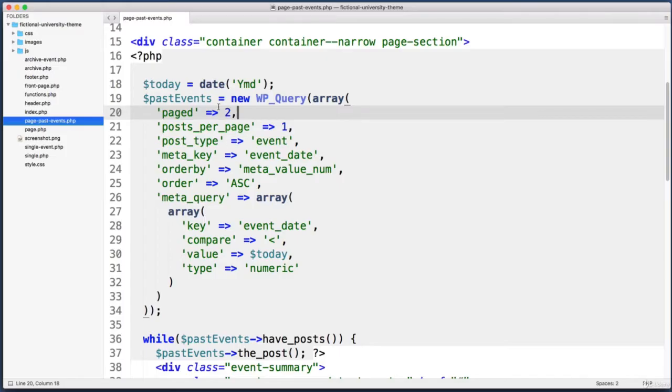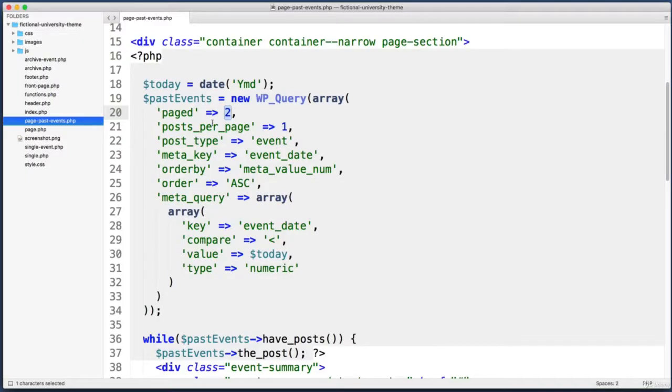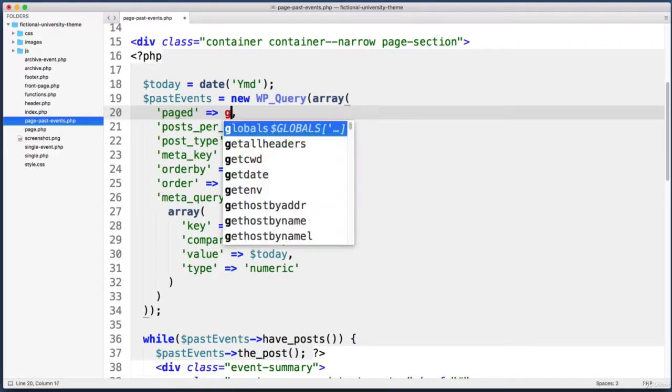So the question becomes, instead of hard coding which page number of results this should be, how do we get the number that is up in the URL bar, right? If we see the number 2 at the end of the URL here, that's the number we want to use in our query. Well, to make things dynamic, back in our text editor, let's delete that hard-coded 2, and instead we can run a function named